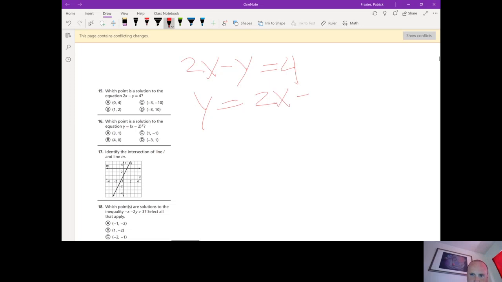If you add y and subtract 4 on both sides, you end up with y equals 2x minus 4,